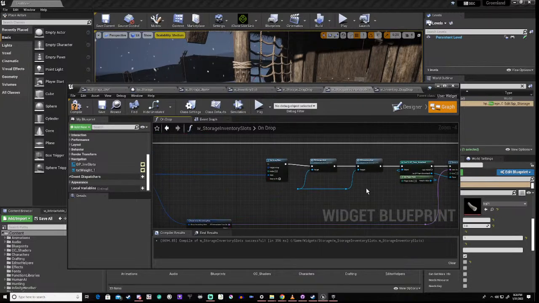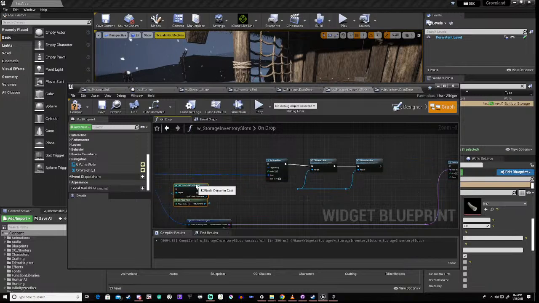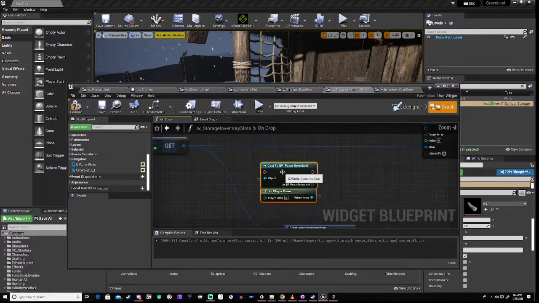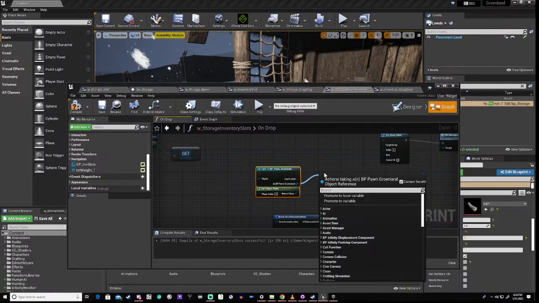But we need our pawn for this. So what I'm going to do is break this up. We're going to break that because we're not going to use it anymore. And we're going to add,